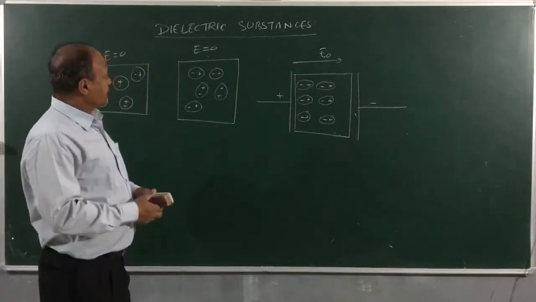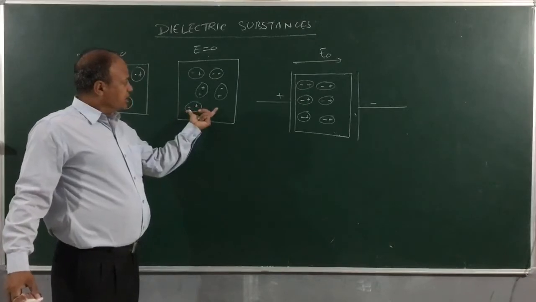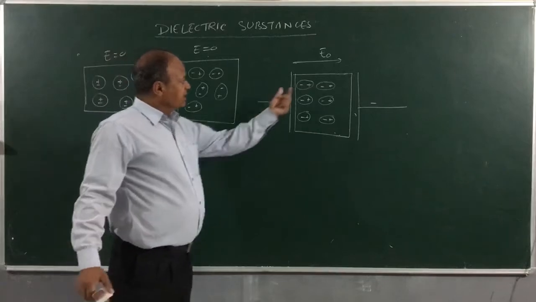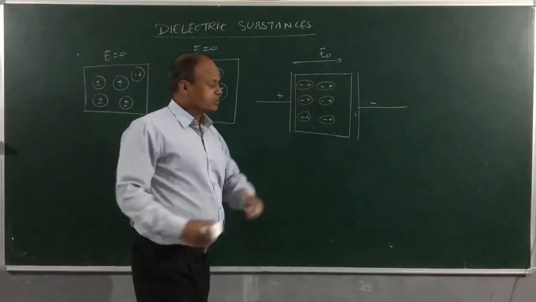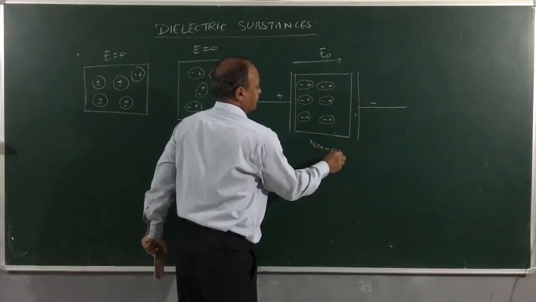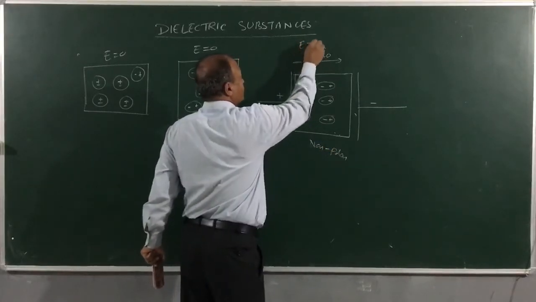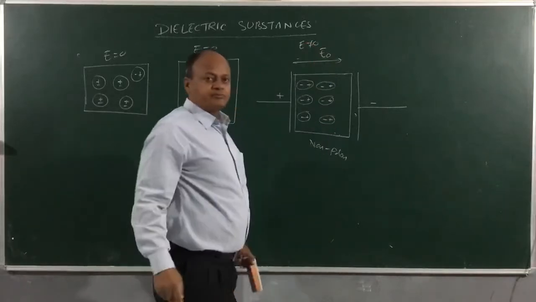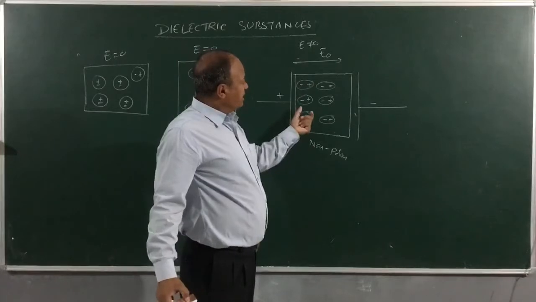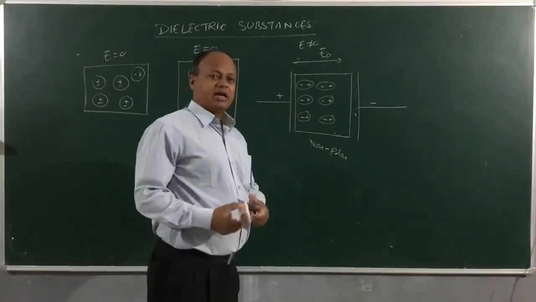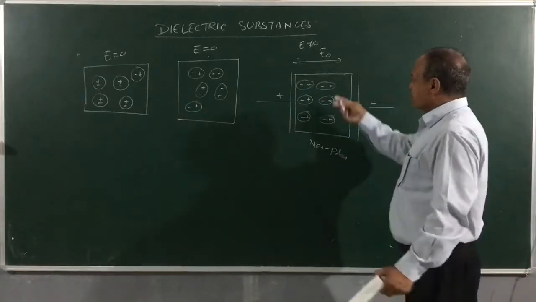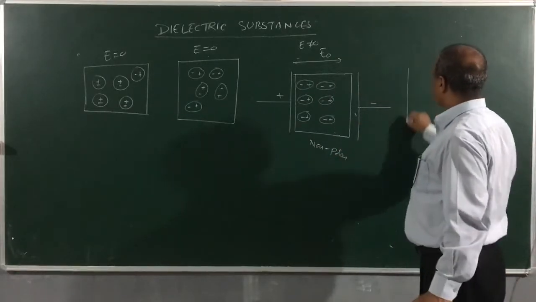Right? If I use a polar dielectric substance, then we will find that this elongation will be more. This is non-polar, for example, and yet electric field is not equal to 0. I will apply electric field E0. If I put a polar dielectric substance, then the scenario will change. It will be similar, but it will be more strong. It will become something like this.